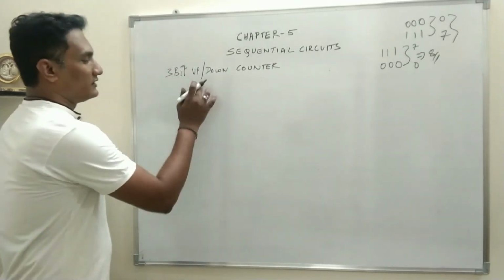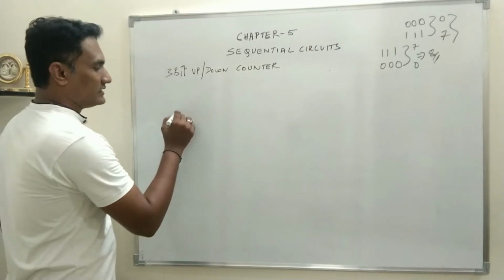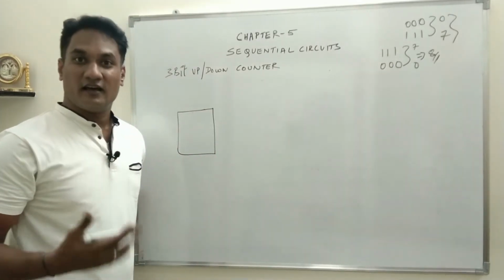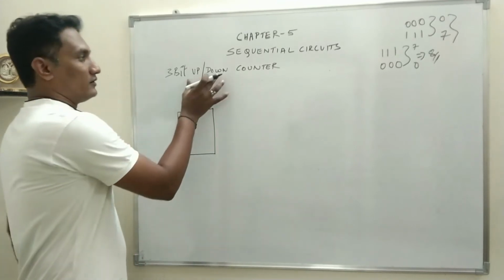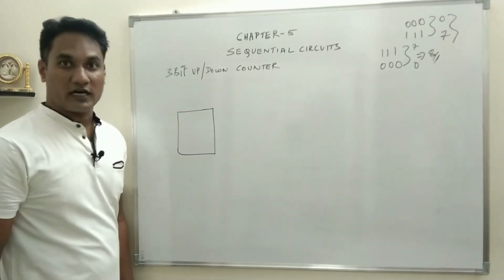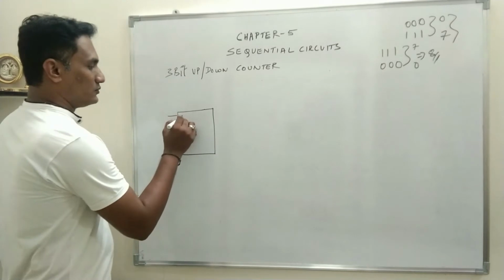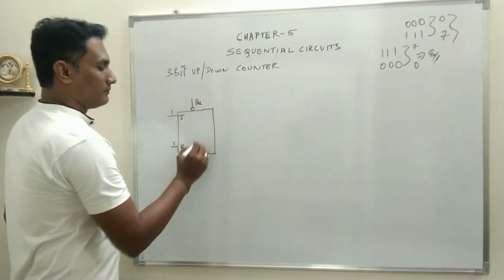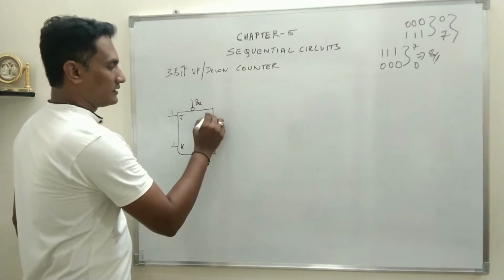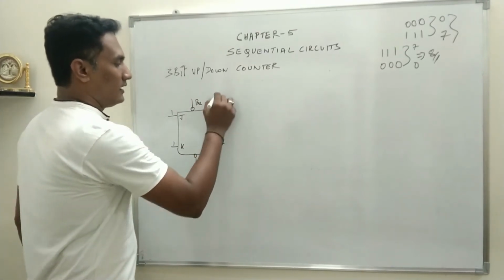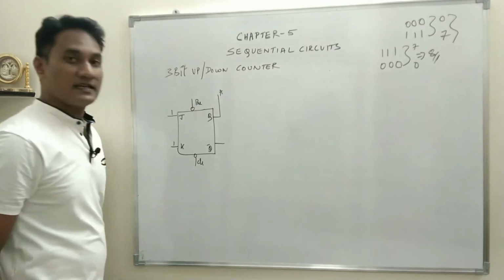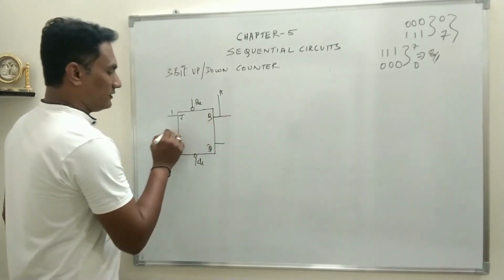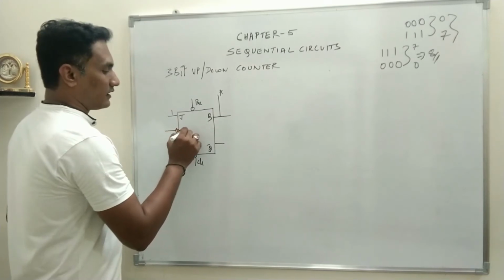So now for the 3-bit up down counter, of course we have to design 3 flip-flops. So this is the first one. We have to use additional hardware to make sure that the circuit works as both up as well as down counter. So both J and K inputs are connected to 1. We have the preset, we have the clear, Q and Q bar. The output of the first one is called A. And there will be a negative edge triggered clock. This is the first one.